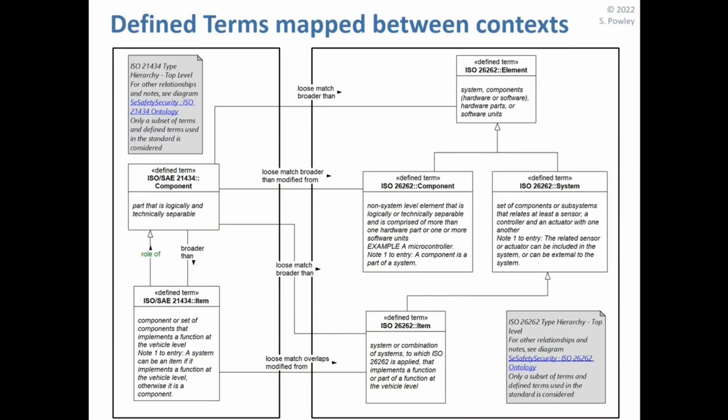If you bring all that back into a UML model, you can build diagrams like this. So I've got a context boundary for 21434, the cybersecurity standard on the left, and another context boundary for 26262, the functional safety standard on the right. And you can see actually we only end up with some pretty loose relationships between the two. And this is only a fragment of the ontology. I've actually developed much more comprehensive ontologies that capture all of the concepts in 21434 and a lot of the concepts in 26262. Work on 26262 is still ongoing.